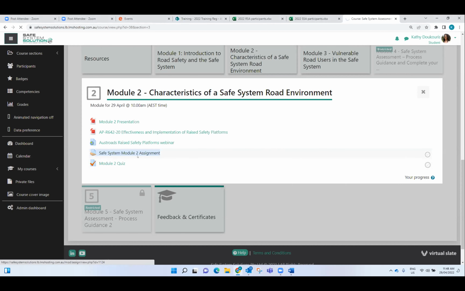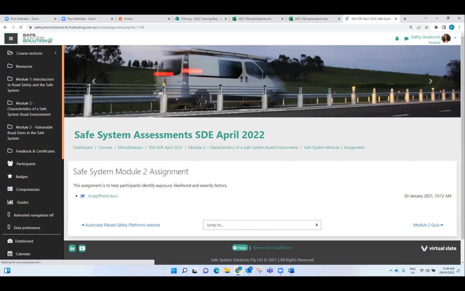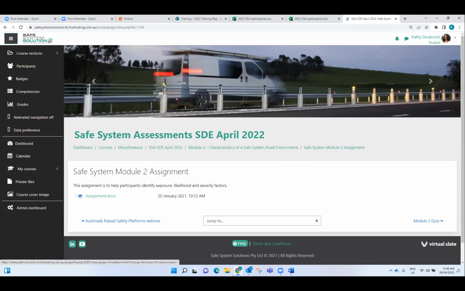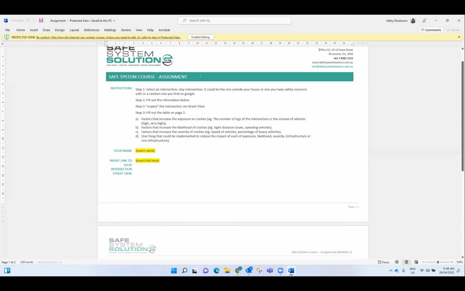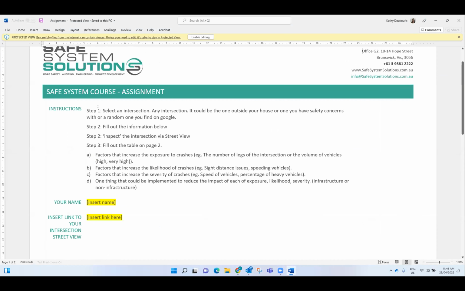But here's your assignment. So you just jump into there and there's a Word document. Beautiful. Okay, so there's nice step-by-step instructions in there, and they say that you are to select an intersection.